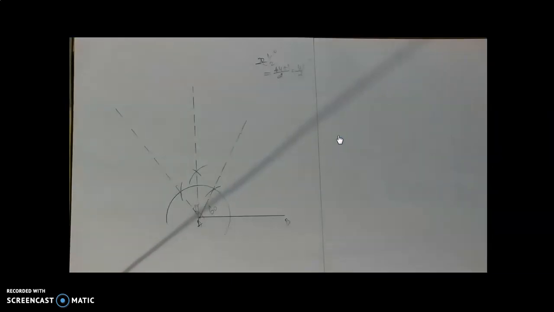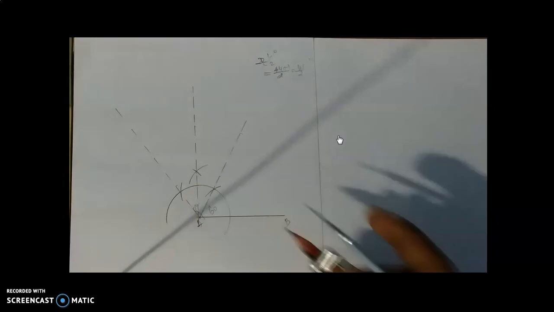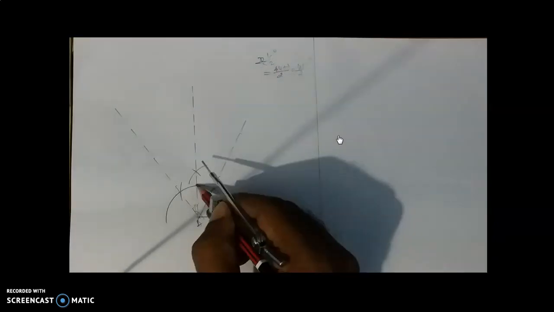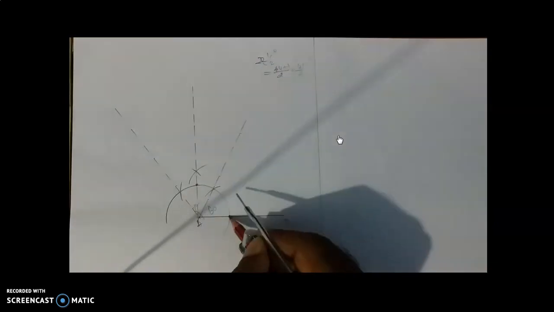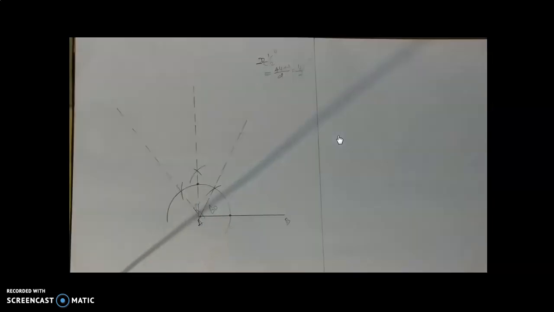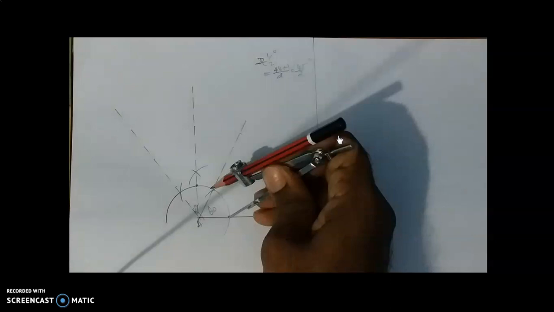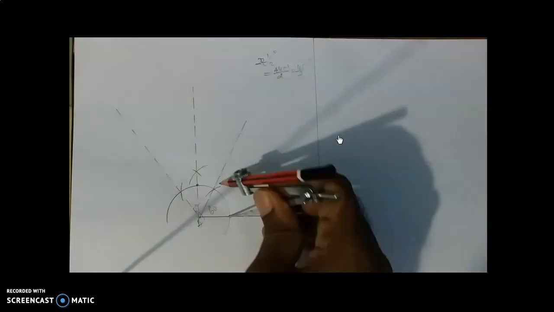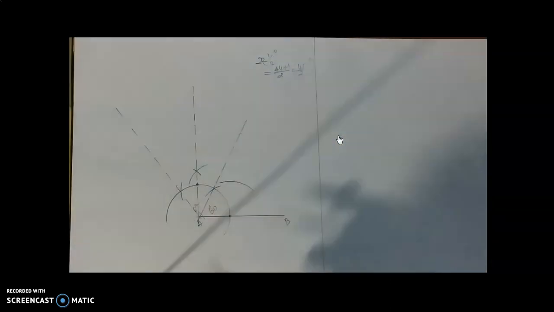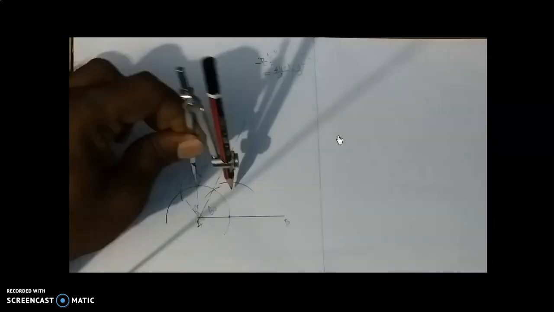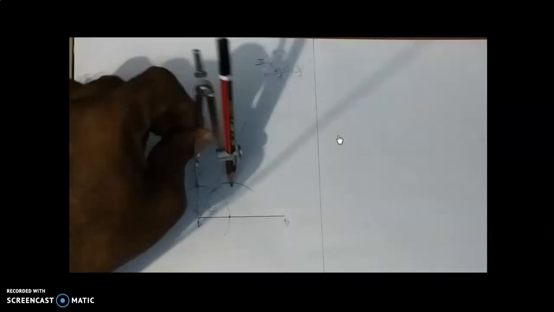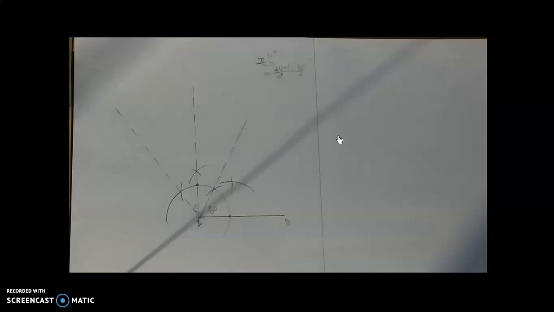Now next, 45 degree. 45 degree is nothing but half of 90. The 90 angle is nothing but the corner points, these two only, so I am going to bisect these two corner points. Keep your compass here, take more than half of the arc between these two points and draw one arc here, and with the same measurement make this the center, draw one more arc. So this is 45 degree.